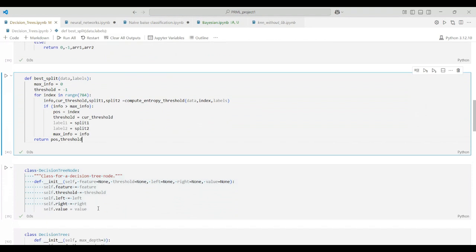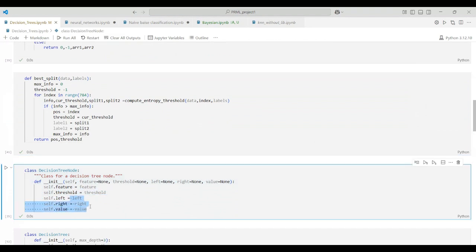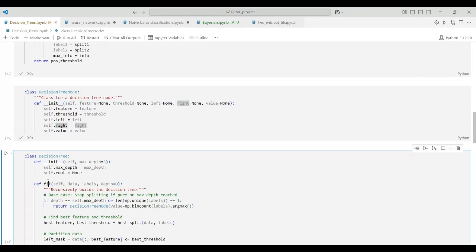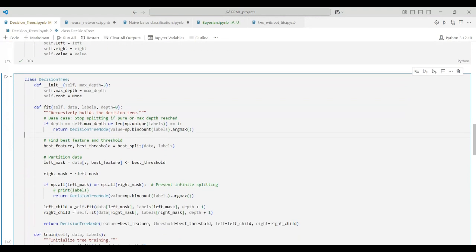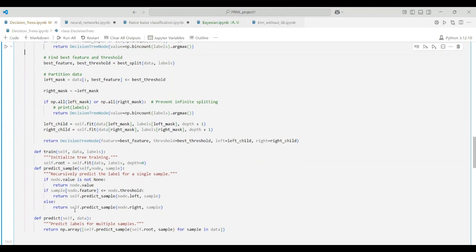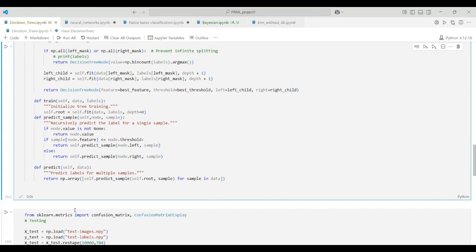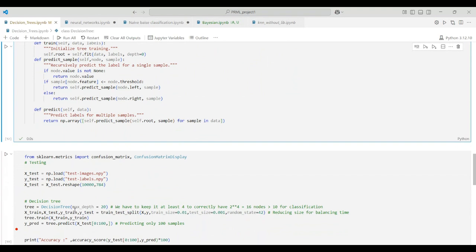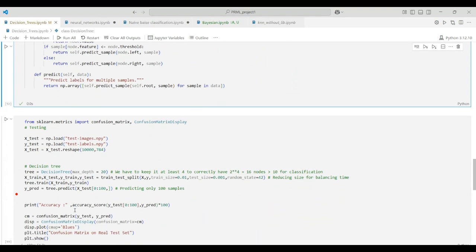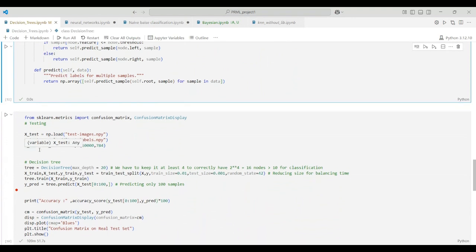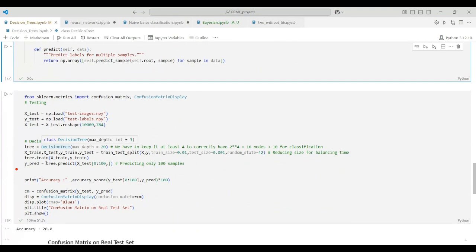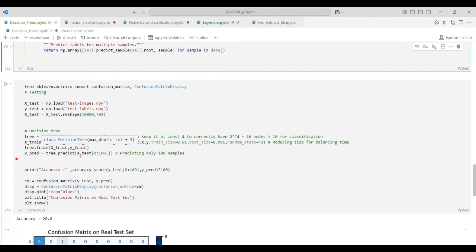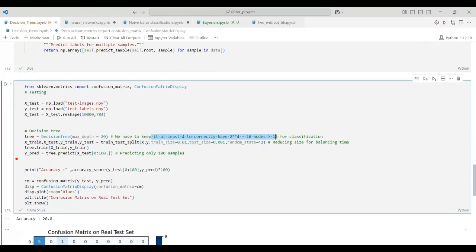After that, we have a class of decision tree node and the decision tree itself. So we have certain functions in it: fit, train, predict, sample, and predict. Then we import the confusion matrix to visualize our code and our results. So we have X test, Y test, then we perform testing on the data set, and we have to keep the nodes